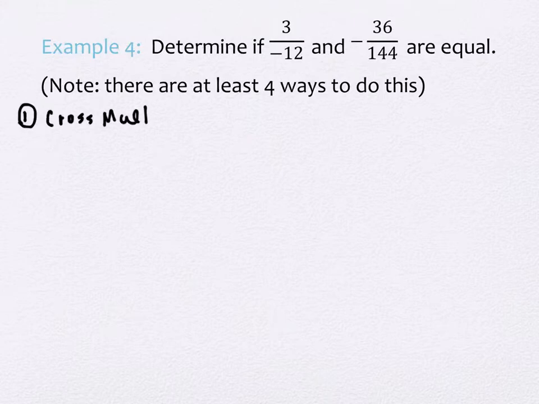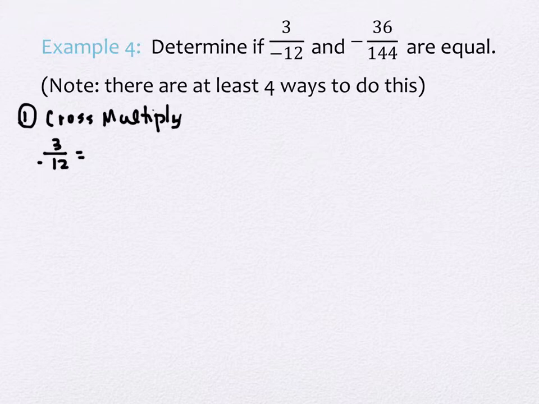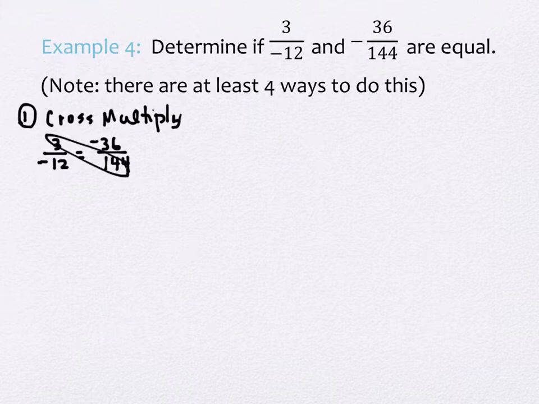In particular, if the numbers are small, cross multiplying is very nice. That said, these numbers are not small. And with the negative on the second value, the negative 36 over 144, we just have to decide where we want the negative to be. I'm just going to put it on top for no particular reason, okay? So if we cross multiply,